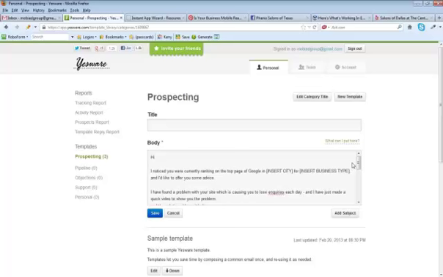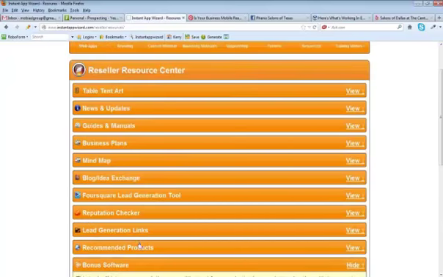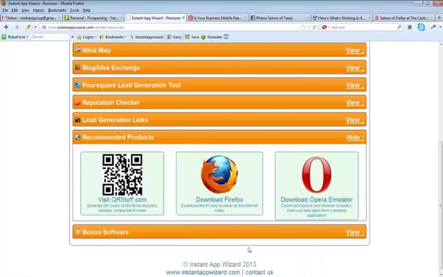Emulator, what's your question, Tom? You get it in your control panel. Recommended products. Right here. It's called Opera. Just download it. And everybody else that's on new, the emulator I was using is Opera, and that's normally what I use. You just download it. It's free. And it's a great, great product.